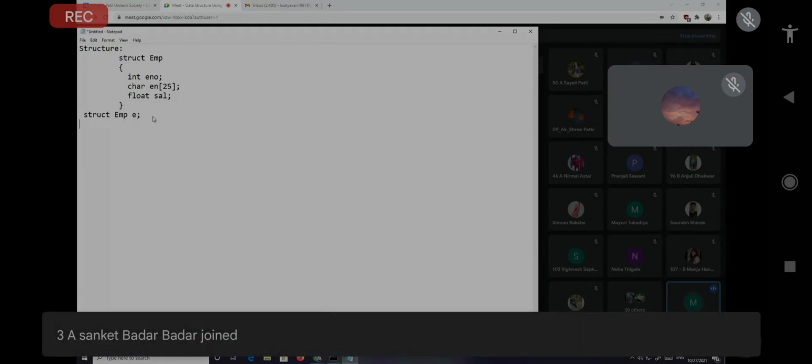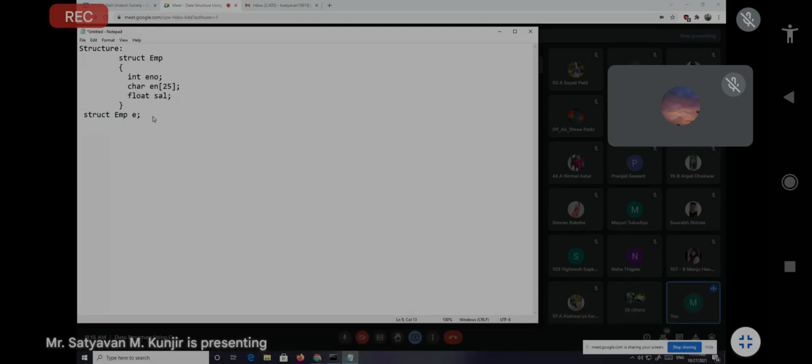Then for accessing the members of a structure, we have to use variable of that structure. E is a variable and these are the members. So if you want to access a member of structure EMP in a program, how can we access it? E dot E number, like this. We have to remember, for accessing the members of a structure, we have to use variable of a structure.